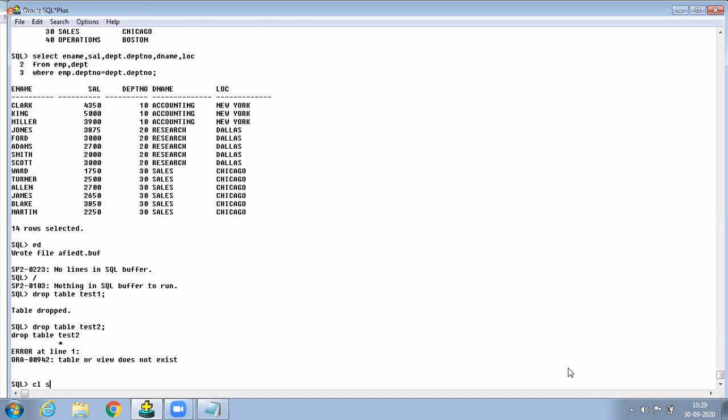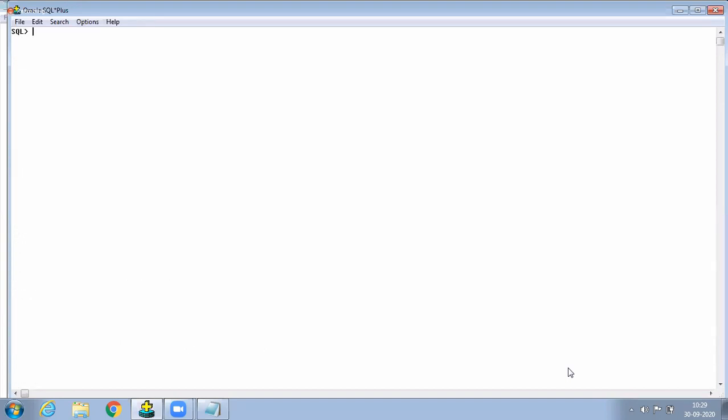Concentrate here. These are the two tables I am creating first. Okay, fine. Don't write it. Observe here, very interesting. Create a table, table name test1. I am creating one table, and just two tables. Test1 has a column, department number, with number as the data type. Concentrate here. Now I'm inserting data.